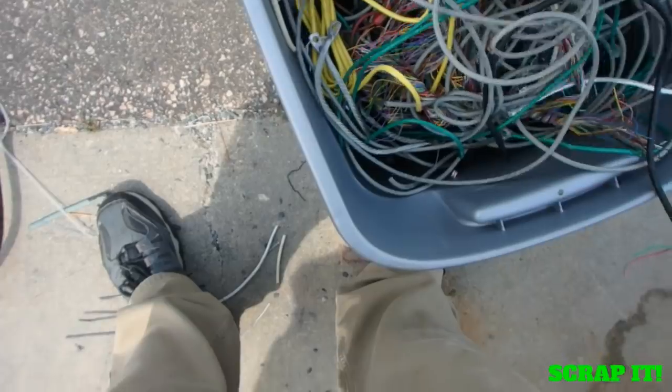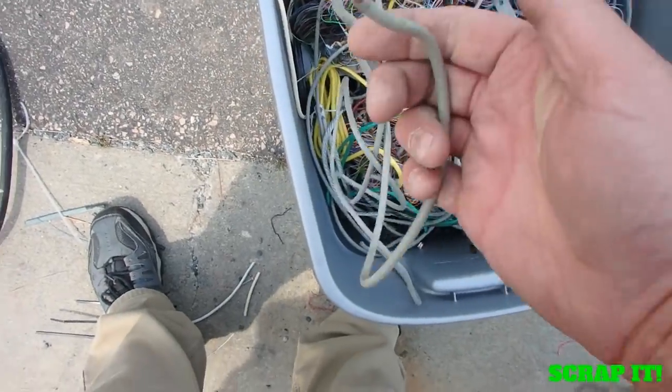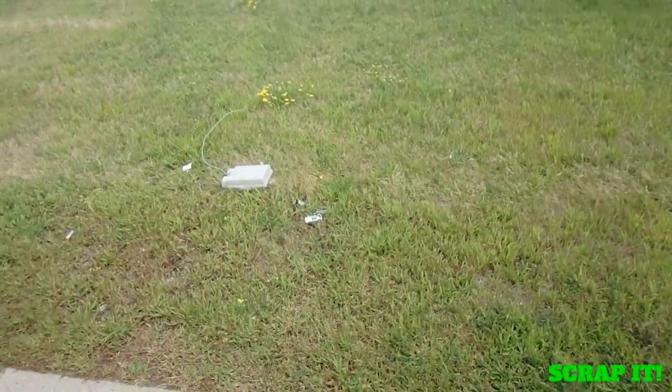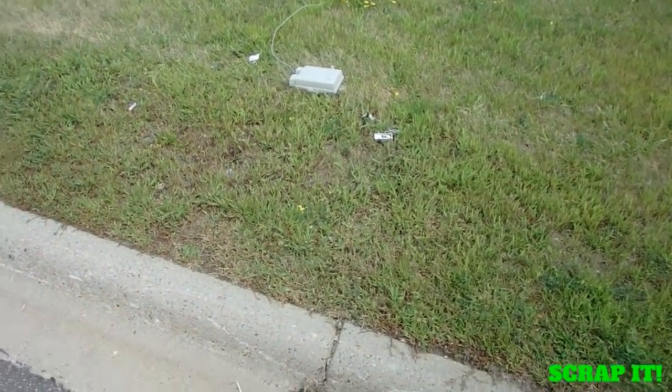So that's nice. Big, chunky piece of grounding number 1 wire. I've never seen one that big out here before. So we got that. That's pretty good. That thing I got to clip a wire off of. And then